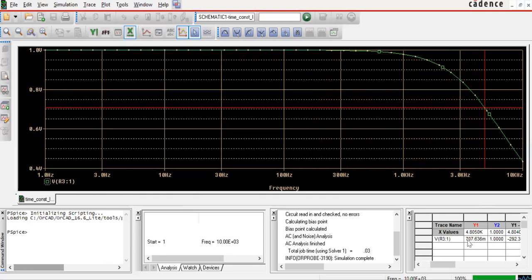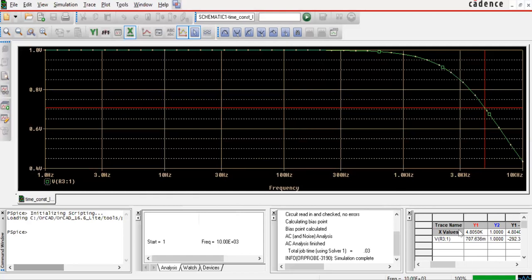This is the magnitude that we are getting, and the value of x is 4.805 kilohertz. That means the cutoff frequency for this filter which we have designed is 4.805 kilohertz.